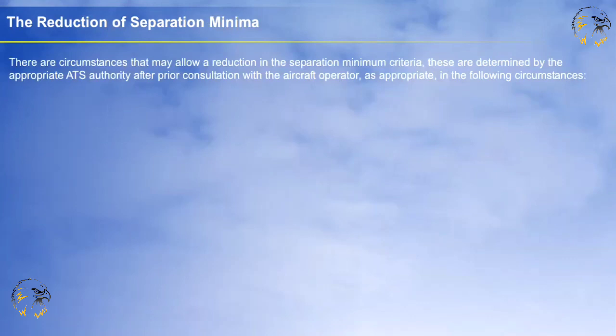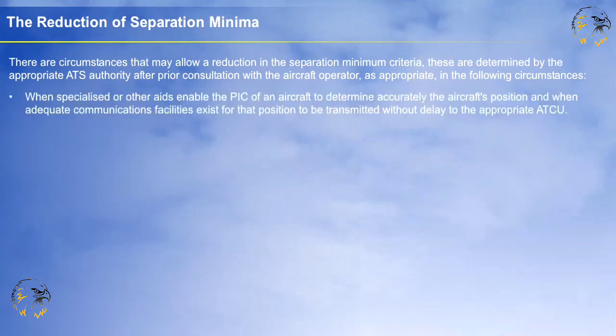There are, of course, circumstances that may allow a reduction in the separation minimum criteria. These are determined by the appropriate ATS authority, after prior consultation with the aircraft operator, as appropriate. These may happen in the following circumstances: when specialists or other aides enable the pilot in command of an aircraft to determine accurately the aircraft's position, and when adequate communications facilities exist for that position to be transmitted without delay